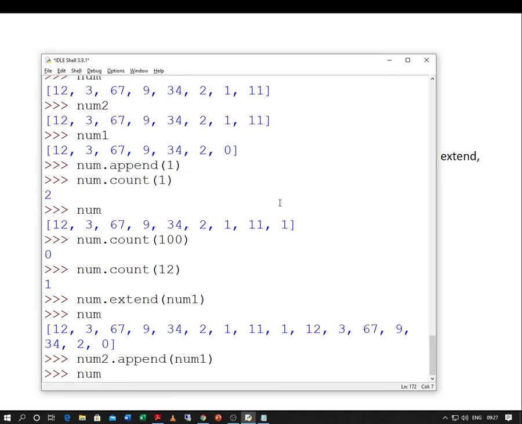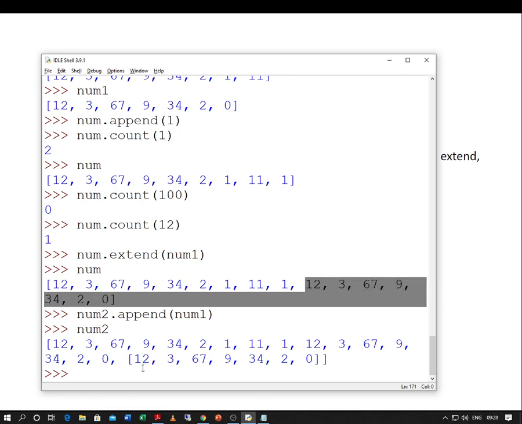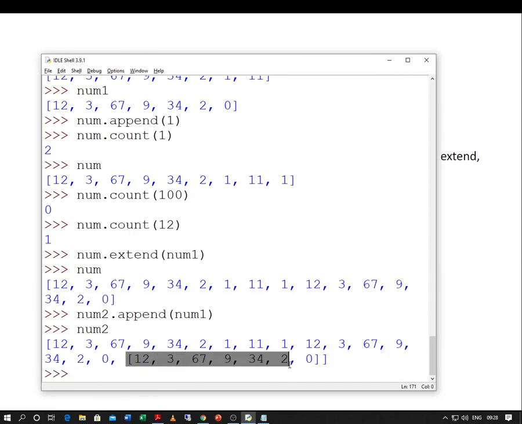Num2, see, in extend the elements are added to the list as it is seen over here. But with append, what was happening? A list was added within the list, that is, a nested list was created. So basically, with the extend, you can extend values, extend a sequence to the list or an iterable.